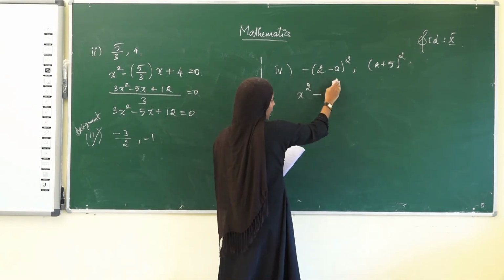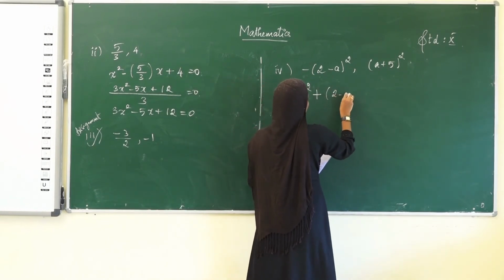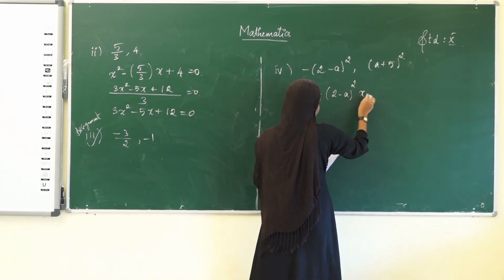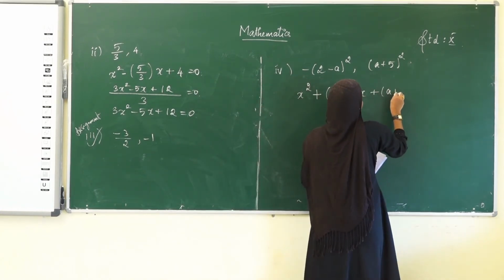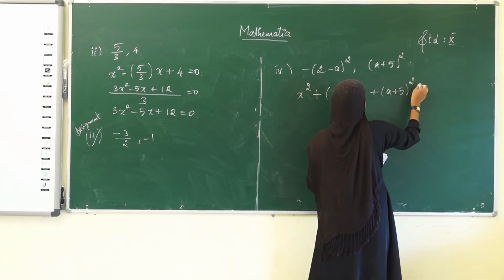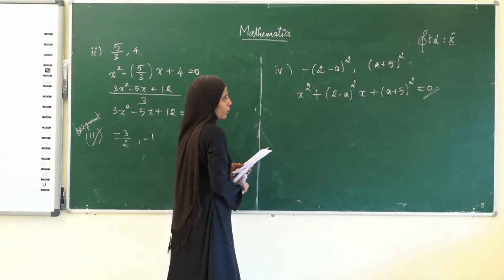Sum of the root itself they have given minus, so minus into minus plus 2 minus a the whole squared into x plus, what is the product of the root here? A plus 5 the whole squared equal to 0. This is the required equation. Thus we have formed. Okay. Now